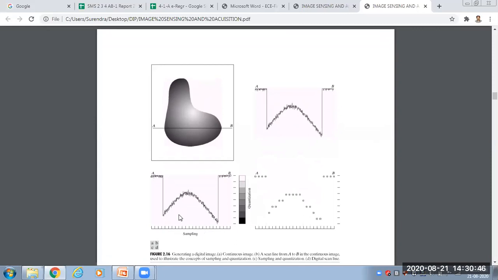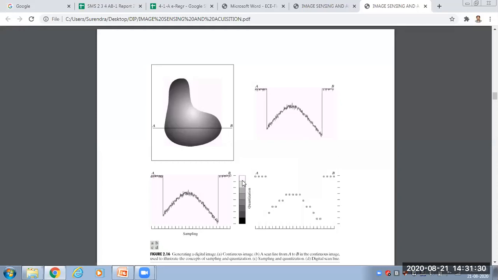After sampling, there is the quantization level. What is quantization? In quantization, we are rounding the sample value to the nearest quantized level. First of all, we divide our entire voltage or intensity level into a number of equal steps. These are the steps. If you observe clearly here, this is white and this is black. In normal signal methods we have step 0, step 1, step 2, step 3, but here it is not like that. Step 0 means black, and the highest step means white, or otherwise 0 means black, 1 means highlight.